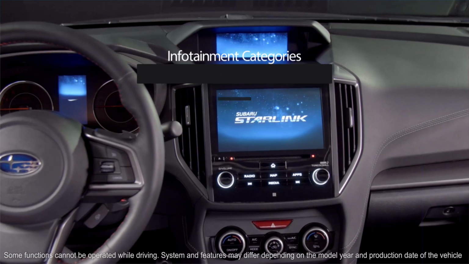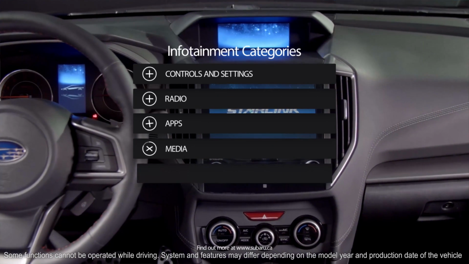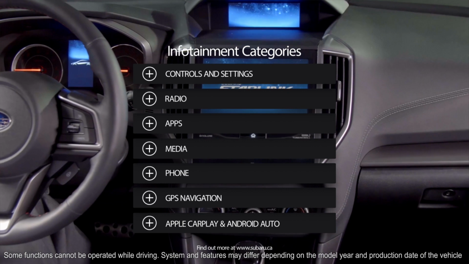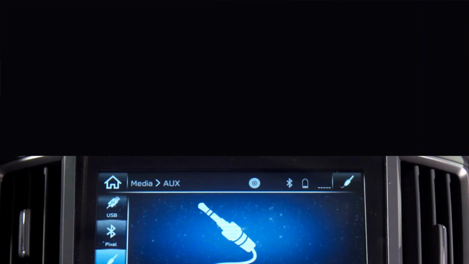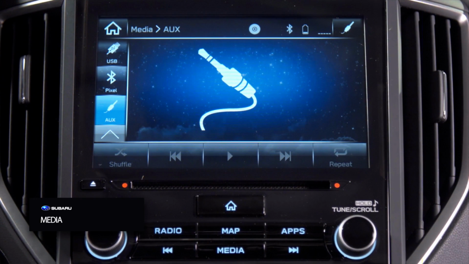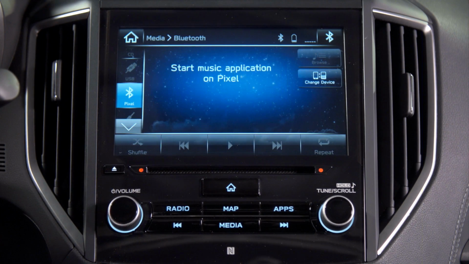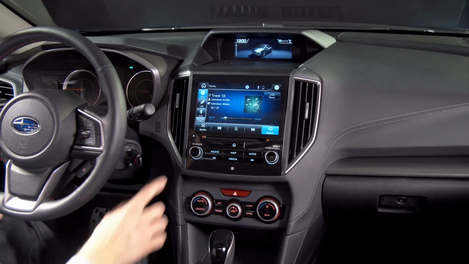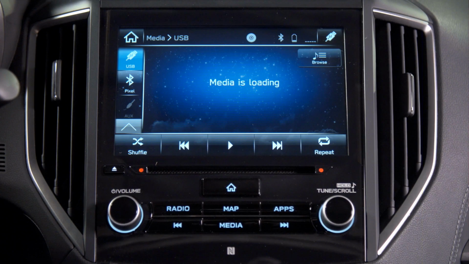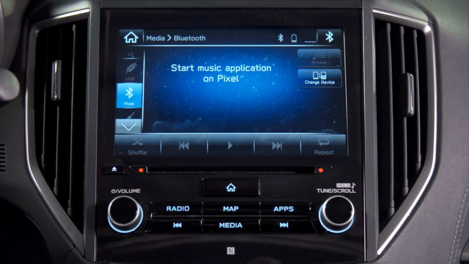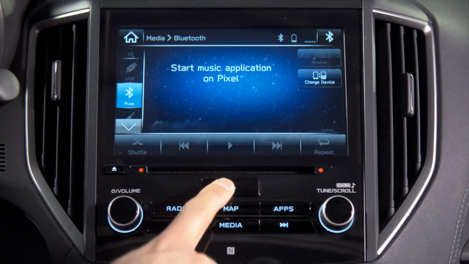Topics in this video series include controls and settings, radio, apps, media, phone, GPS navigation, and Apple CarPlay and Android Auto. So let's get started with this video's topic, media. There are 4 different forms of media the new generation 8-inch infotainment system can play: CD, USB, Bluetooth streaming, and auxiliary input. To access the media screen, either press the button below the touchscreen or select the media icon on